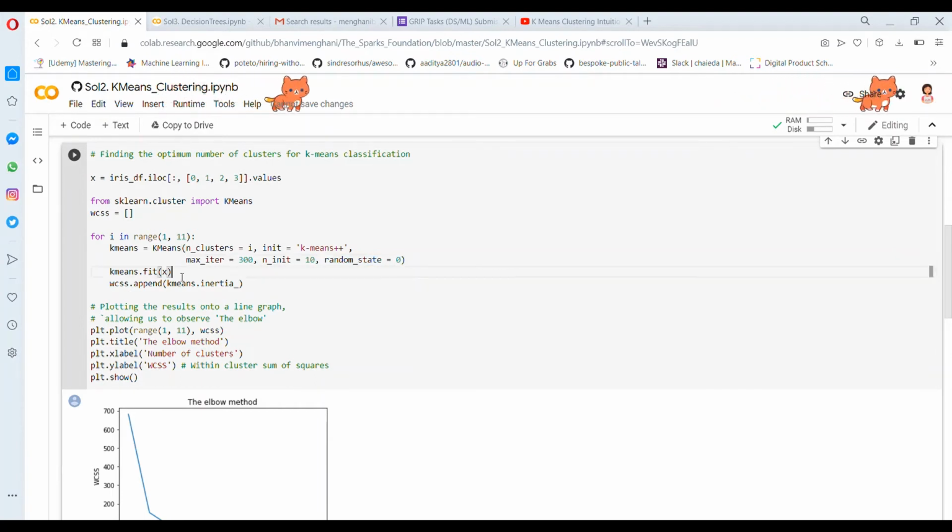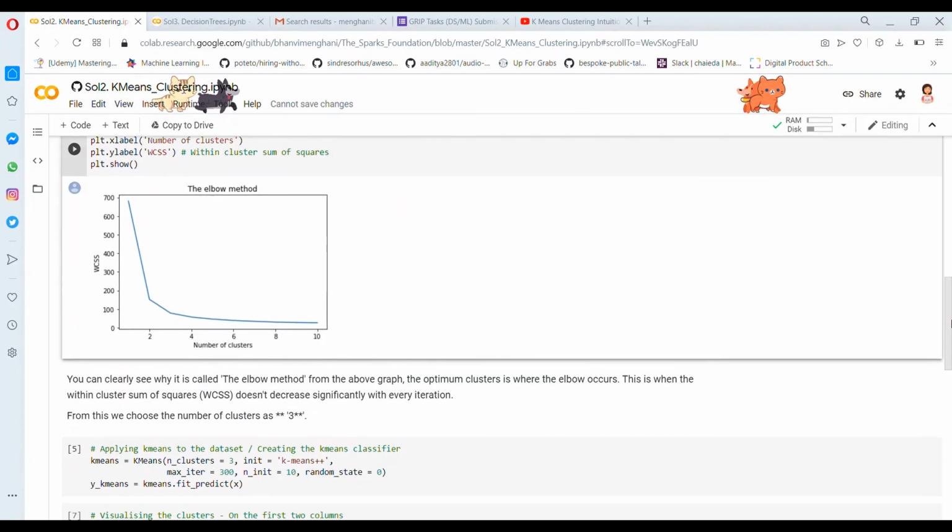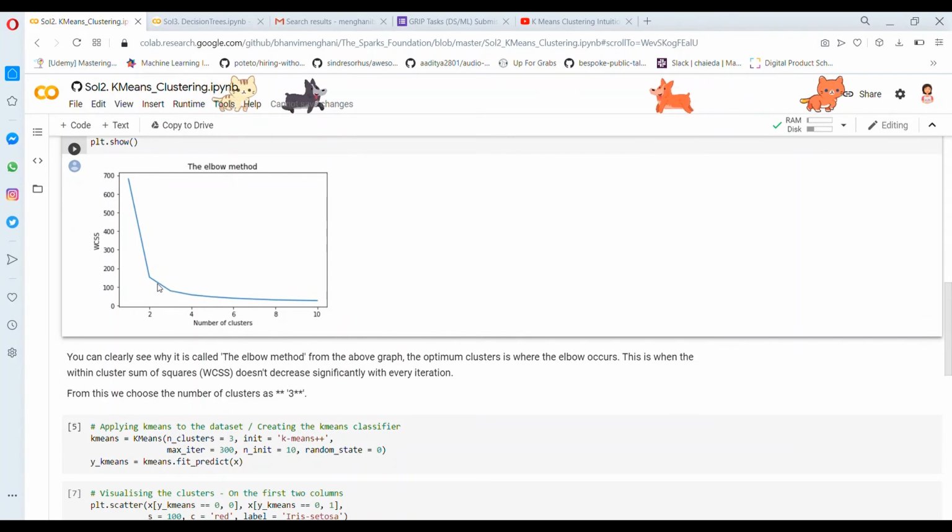This WCSS is a list which we initialized, which we use in plotting the curve, and here we have also labeled the x and y labels. The plot drastically shows us that at a number of clusters between 2 and 4, that's basically 3, we get the optimal value.